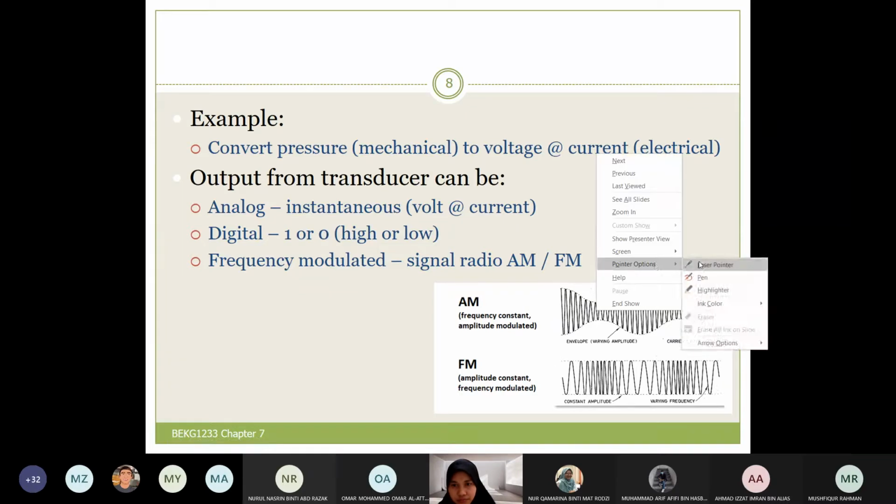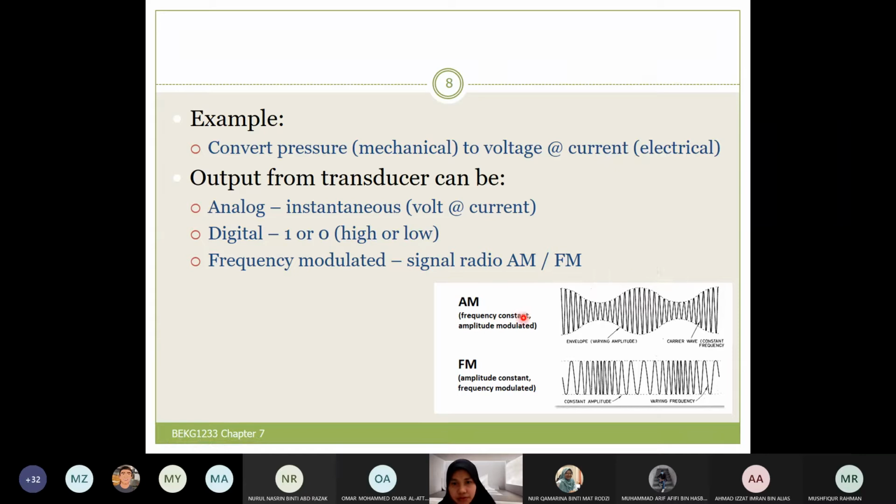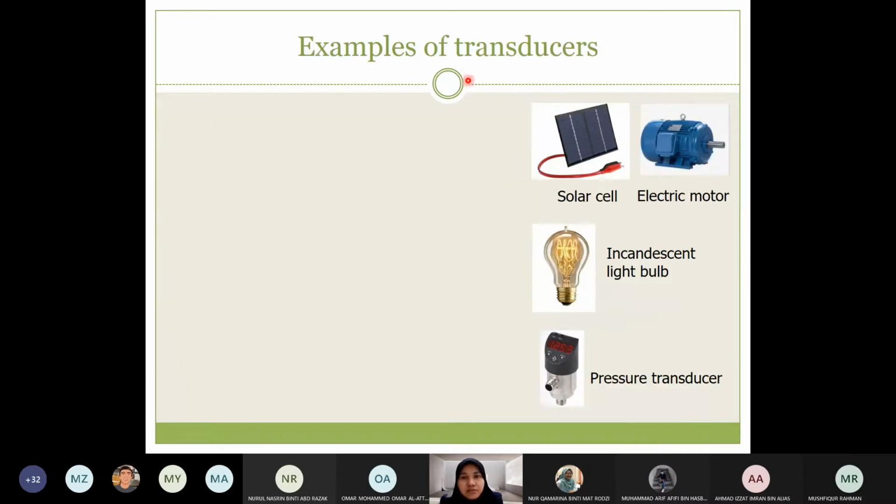But frequency is constant, meaning that the width of one cycle is the same for all cycles. For amplitude constant, FM is frequency modulated. Frequency is modulated, meaning that it might be a different frequency for each cycle, but the amplitude is constant for all cycles. Okay, the examples of transducer